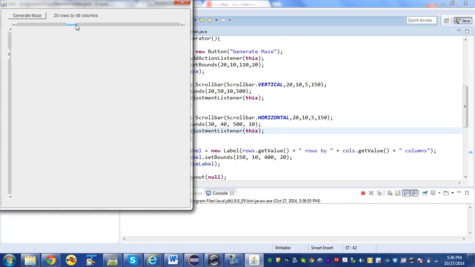All right. Great, so I slide my slider and the numbers change. That's wonderful. Still a long way from generating a maze, right? All right. What I'd like to be able to do is have some sort of a panel